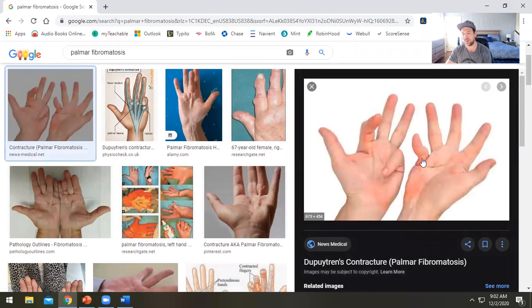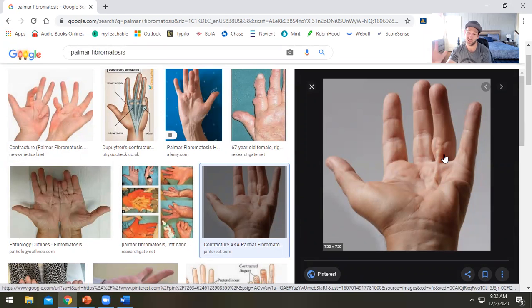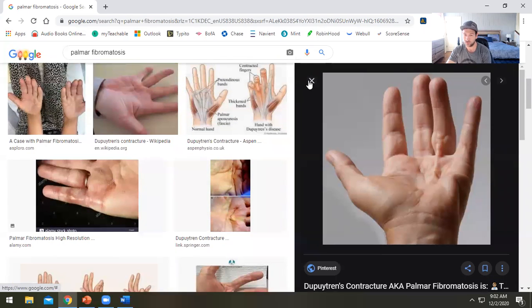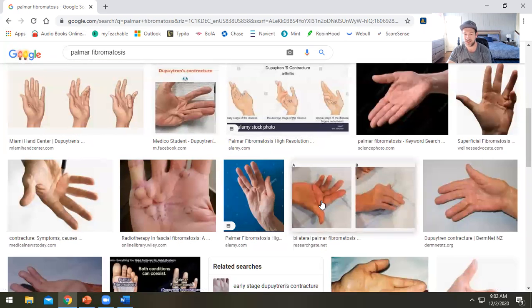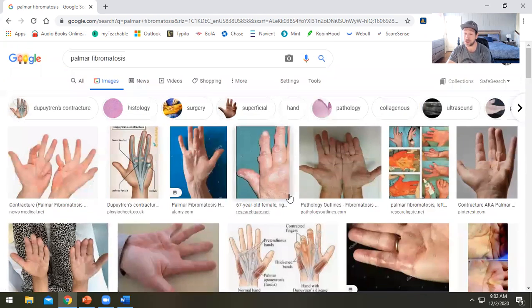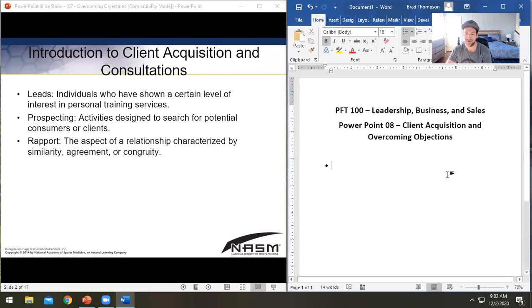It's the ring finger. But you can see this super thick connective tissue band that is curling his hand. So his hand's kind of stuck like this. And that's probably going to happen to me too when I get older. It's a genetic disorder. Apparently it only runs in people who have Viking blood. Apparently that's where it started. I don't know if that's true or not, but I read that somewhere once, which is weird because I don't have much Viking blood.